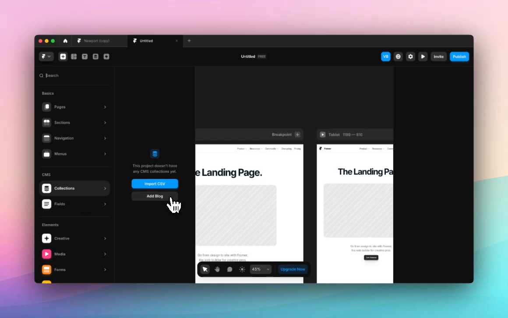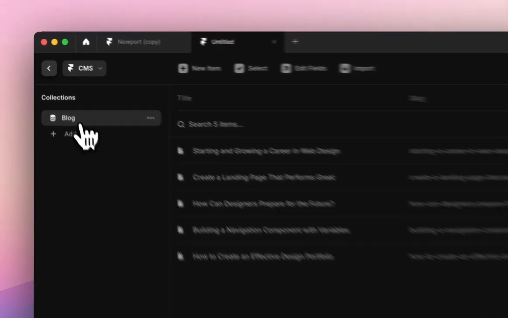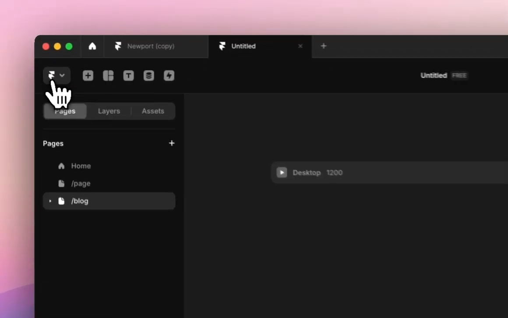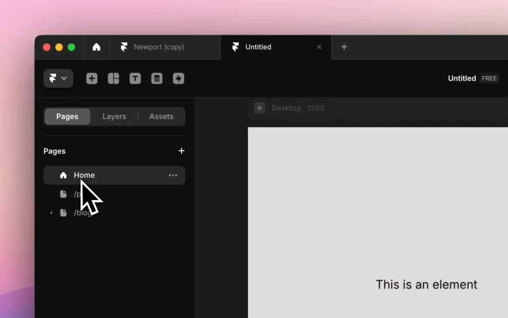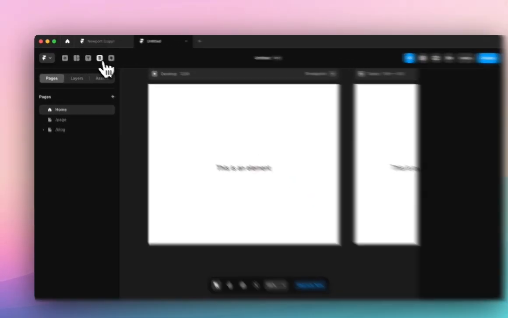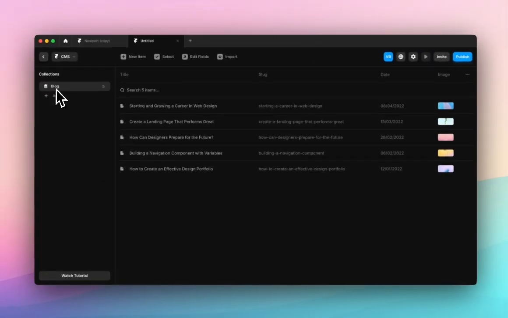So I can add a new blog, and that will create a new CMS collection. So you have now been directed to the CMS page. So if we head back, we're on our homepage. You can see this icon here with these stacked circles is our CMS icon. So if I click in here, you can see I'm back on this page, and you can see my CMS